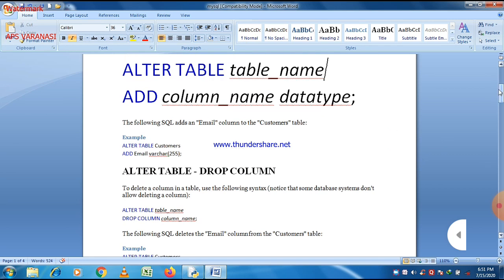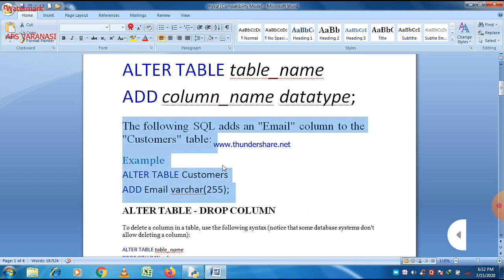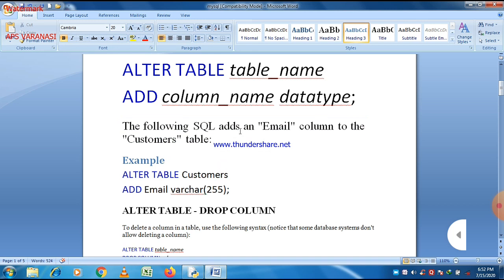There is a small example here. Suppose there is a table named customers, and we want to add another column named email of varchar type and size 255. We can perform this operation using the alter table statement as: alter table customers add email varchar(255).